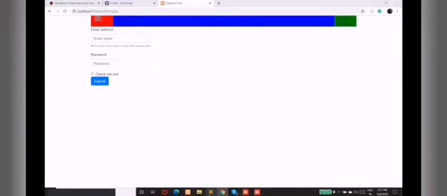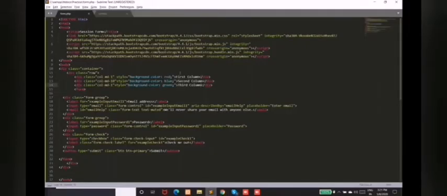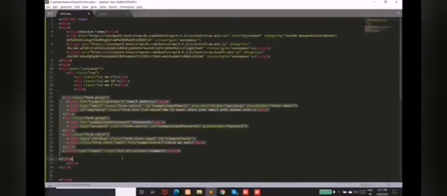Now what I will do is remove this and bring that form into the middle.